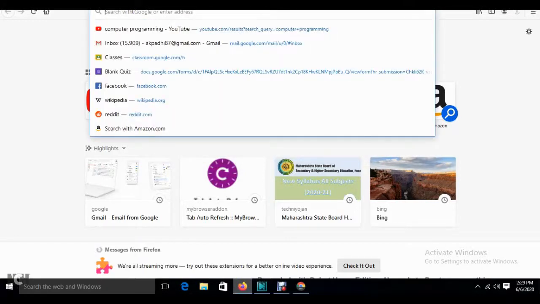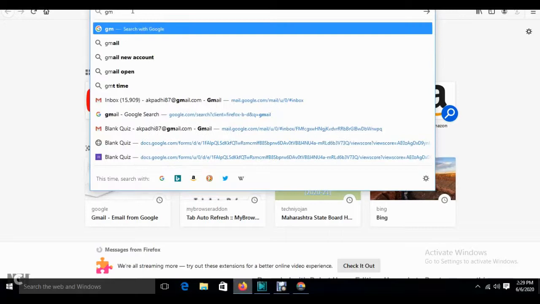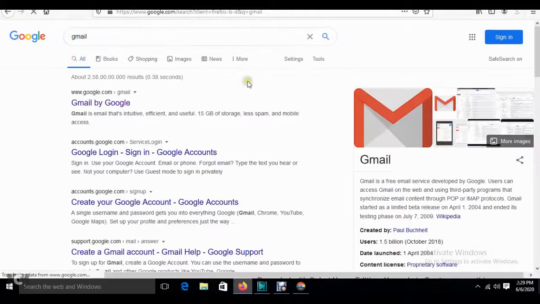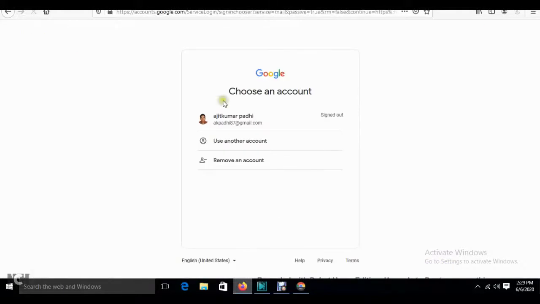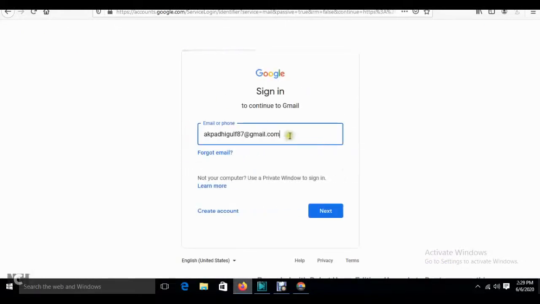So I will go to Gmail. This is the student part. Okay, students are now concerned with this. Now I will log in to an email account.